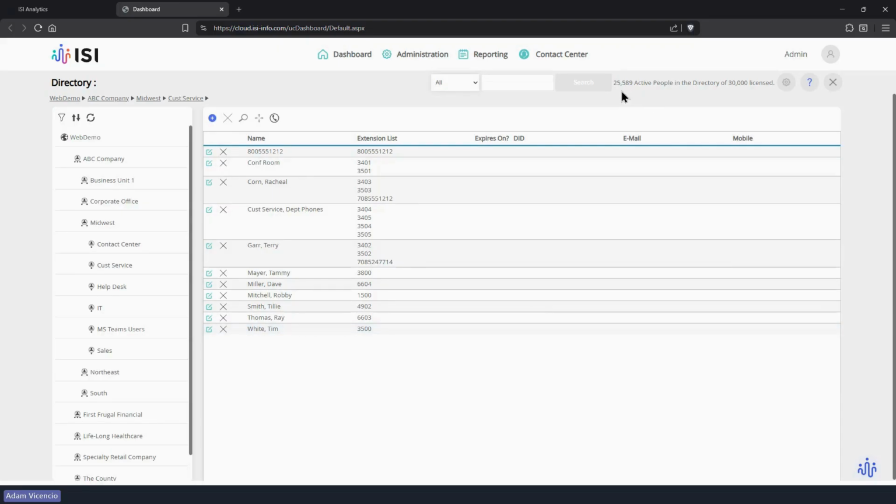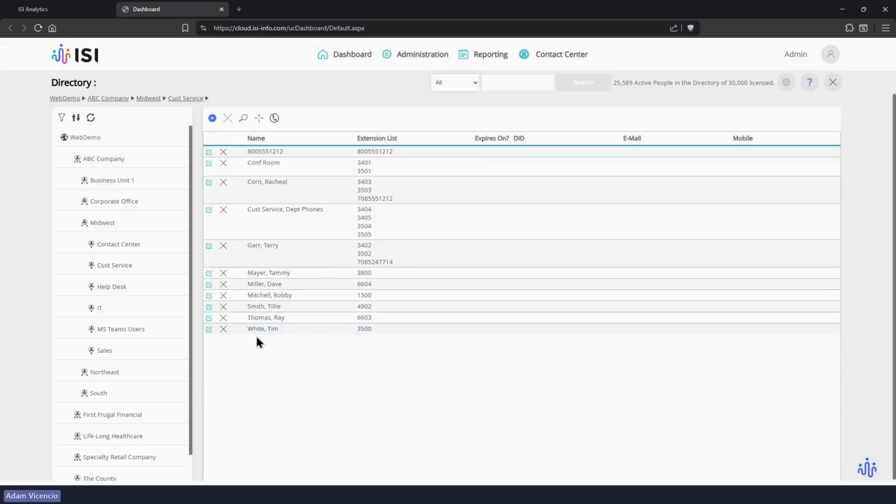Now, if you have, like you see in this system, 25,000 people, maintaining a directory like that could be a job all on its own that would take up all of your time. So typically larger companies with larger directories are going to do it automated, but we'll get there in a minute. So let's talk about